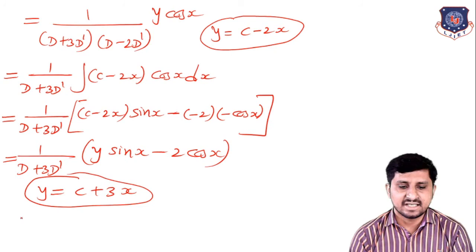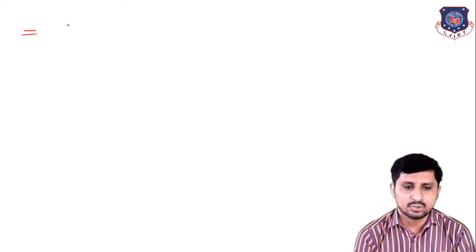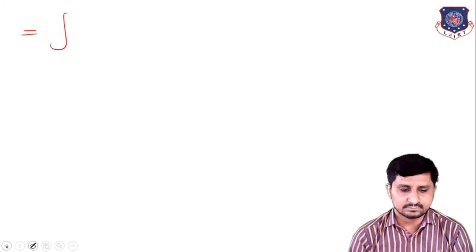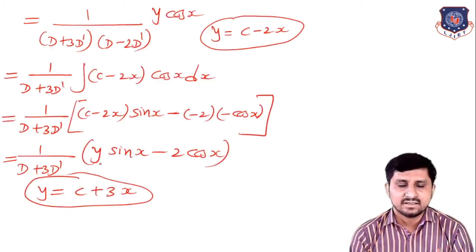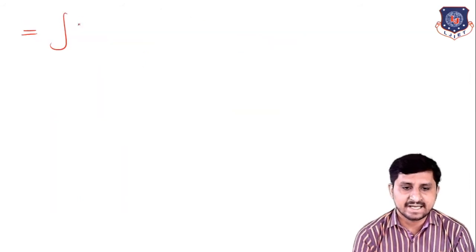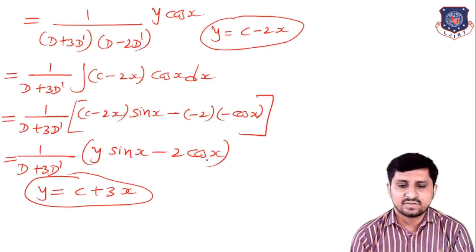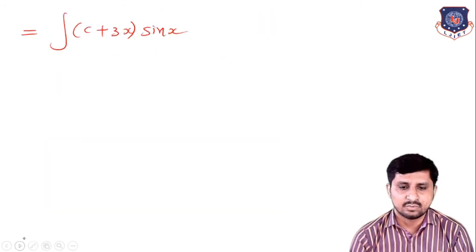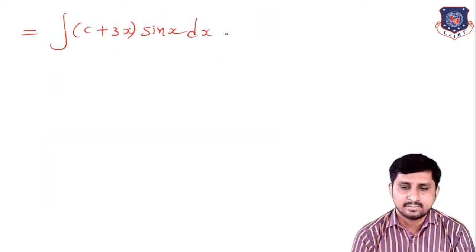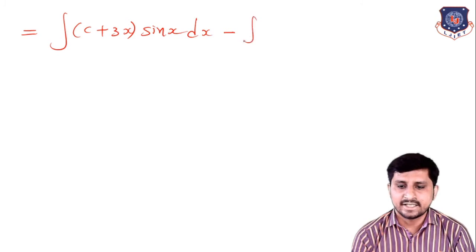So this equals, let me write on the next page, integration, instead of y I can write c plus 3x, so (c plus 3x) into sin x, and integration of cos x, that is sin x. So minus dx minus integration of